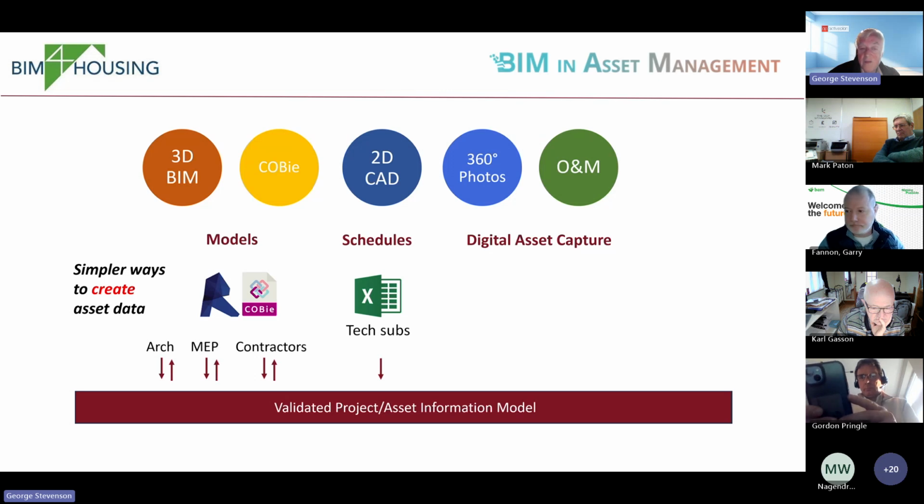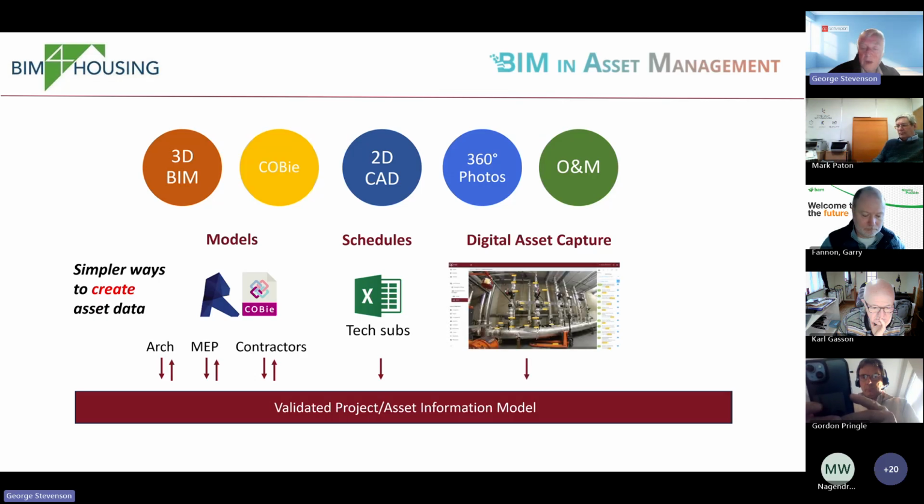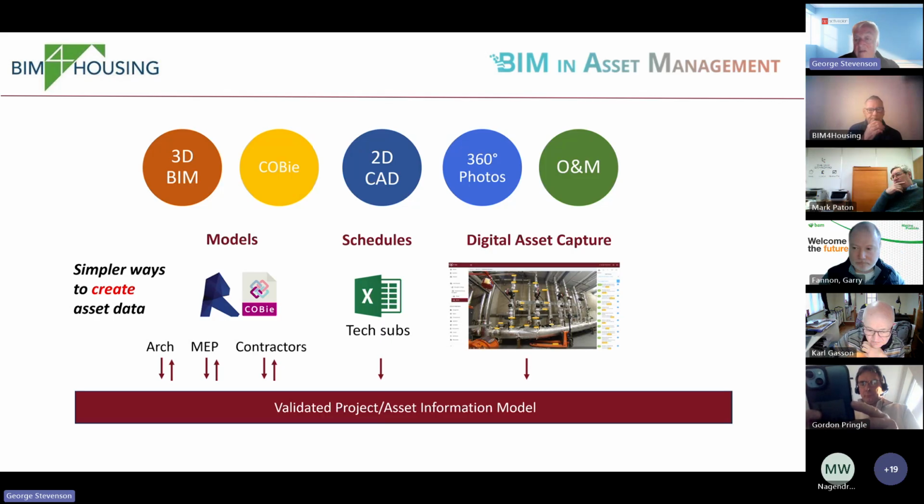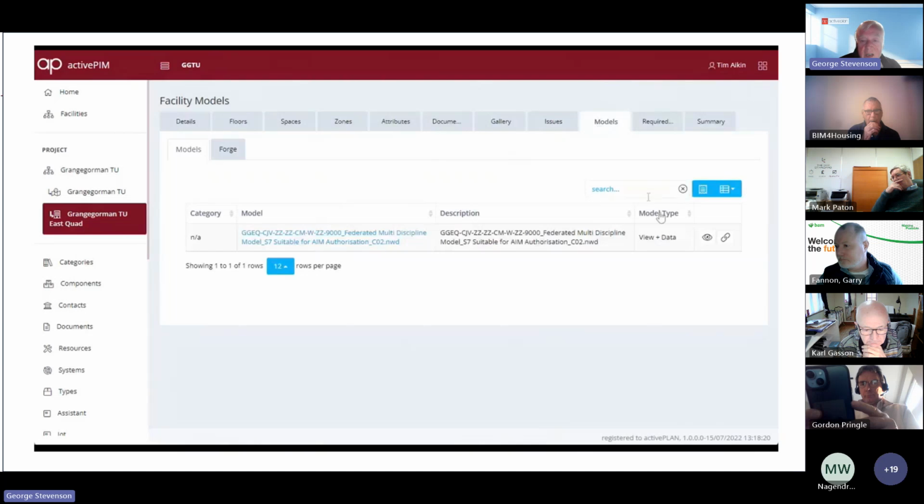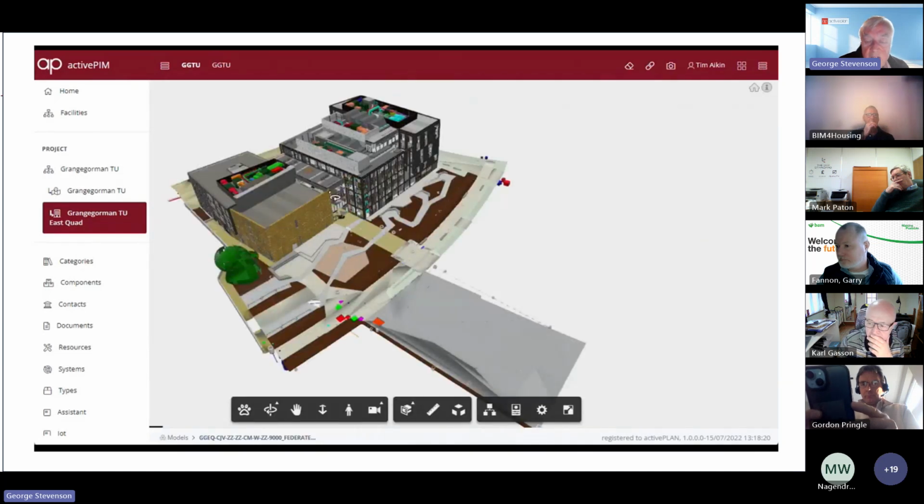fire strategy project, there's a lot of things that never get modelled because there's no need to put them in the models. They're coming through from change management processes like technical submittals. But the key thing is that the 360 photographs are actually what was installed, because that clearly is what's been there. So here's an example of a project that